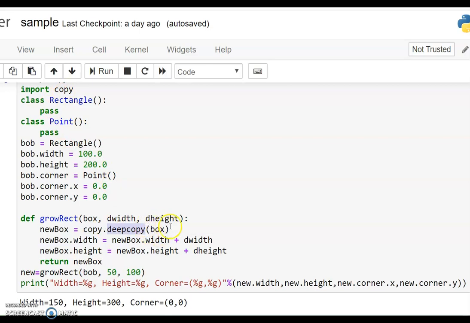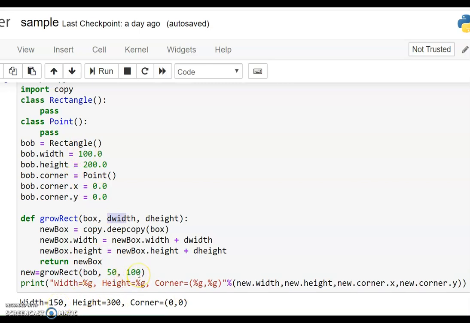We are copying the content of this box which we have received into the new box. So all the contents of this box are there in the new box now, and accessing the width and height of this, we add the new width and height to that, and we get the new values for the width and height. The width we are passing here is 50, previously it was 100, so we get a width of 150.